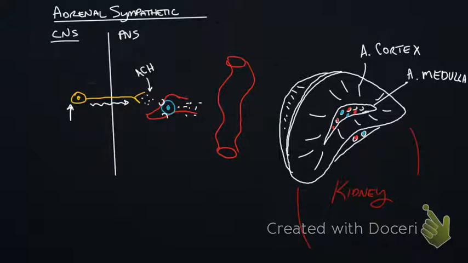But instead of having an actual postganglionic neuron, the cell body of what would be the postganglionic neuron is actually found within the adrenal medulla. And the receptors for acetylcholine, remember, will have nicotinic receptors and also muscarinic receptors. And then from there, it causes a release of epinephrine,